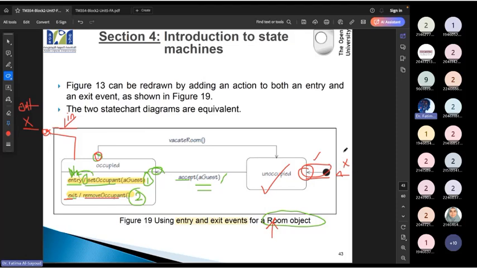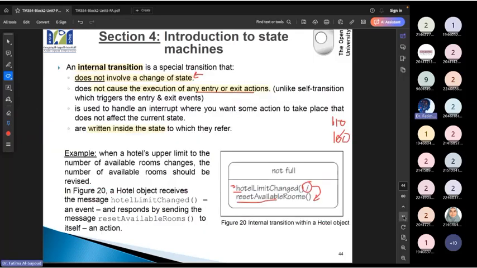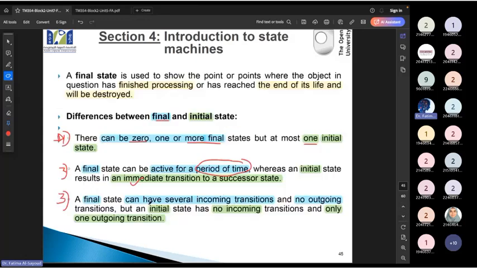The opposite: in the initial it doesn't have in but it's going to have outs. Okay, so this is what's explained here in the end. So في الinitial we have no income and only one outcome. في الفاينل it can have several incomes, ممكن أكثر من transition يجي عليها, and it has no outcome.